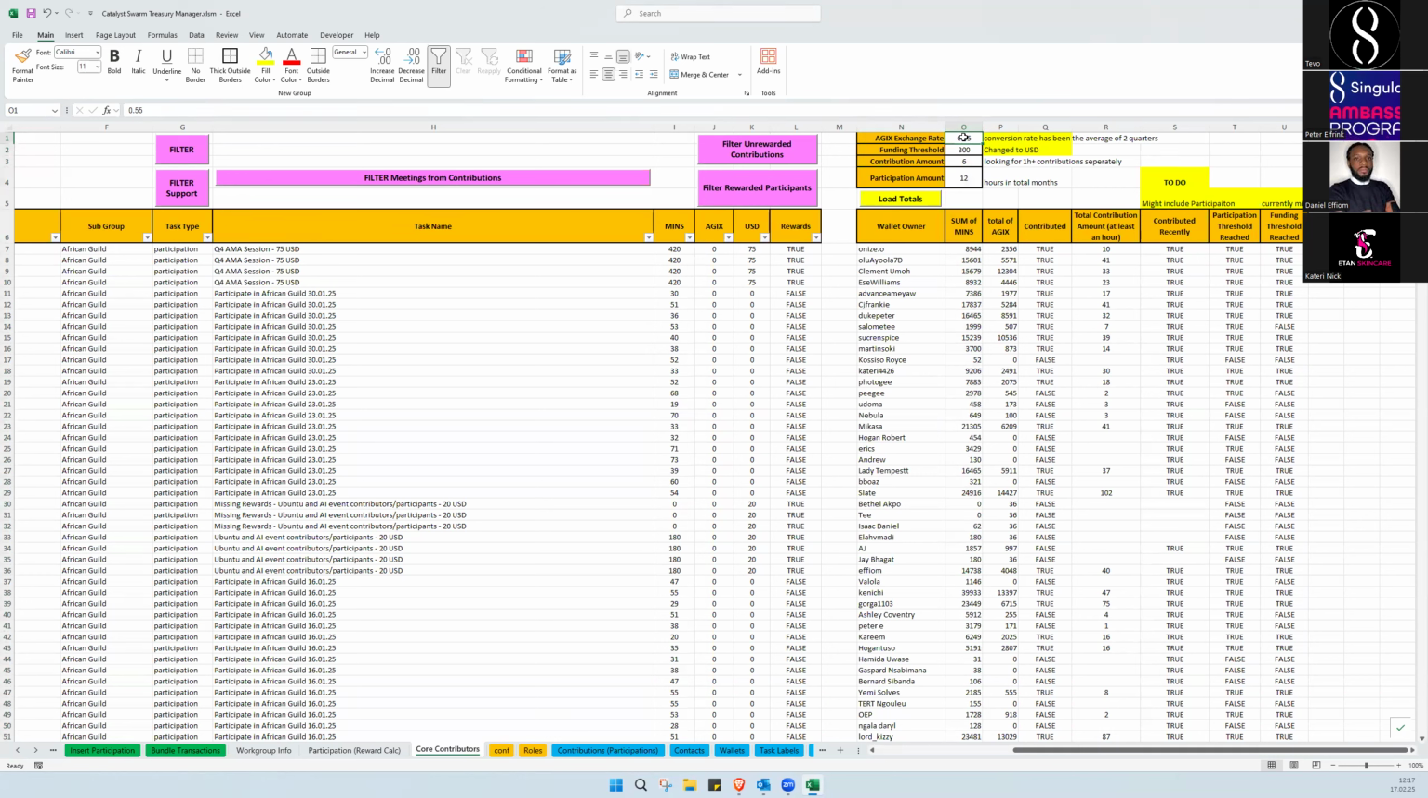And for quarter 2, I will just update it. The funding threshold is now changed. Previously it was 1,000 AJAX, but now we're moving to a flat USD. I think that's a great idea because USD doesn't need a stable